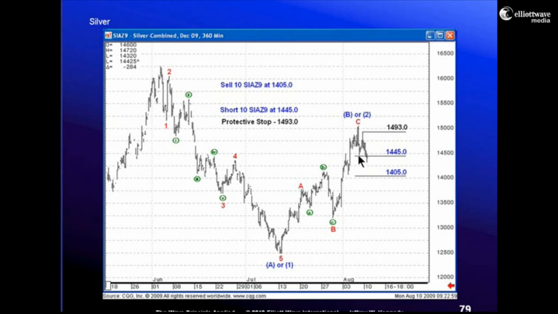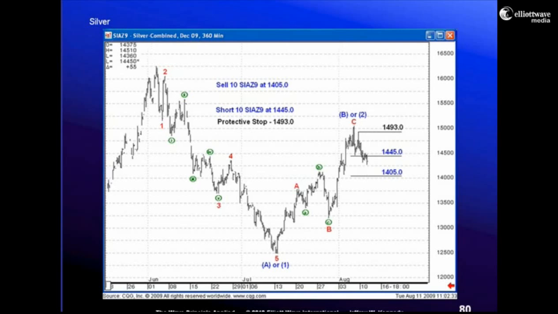So now at this point I'm excited. 1 down, 2 up. Oh, should be a huge third to the downside. Push a little bit lower. I'm excited. Again, I'm short 10, looking to go short another 10.